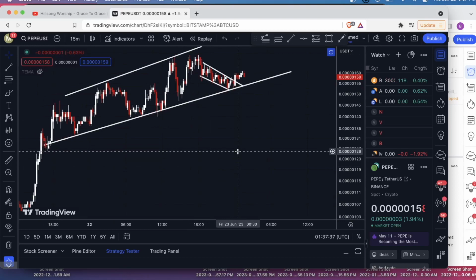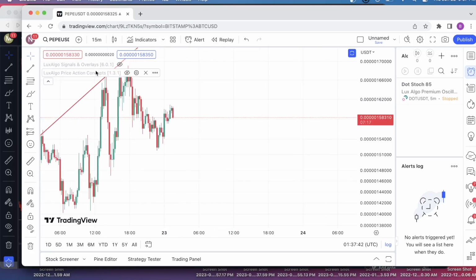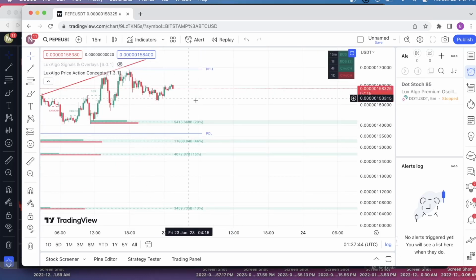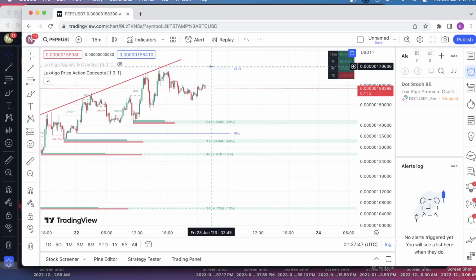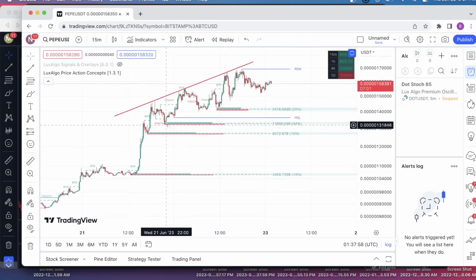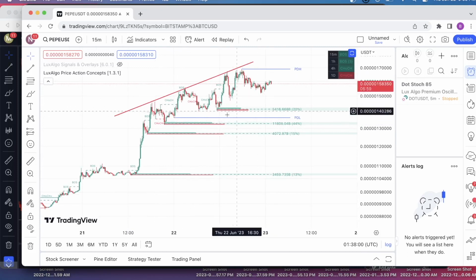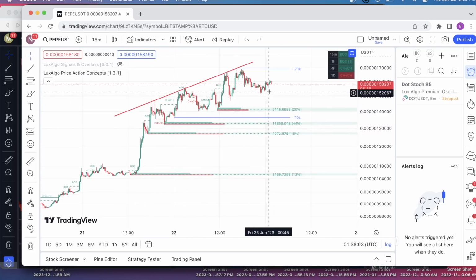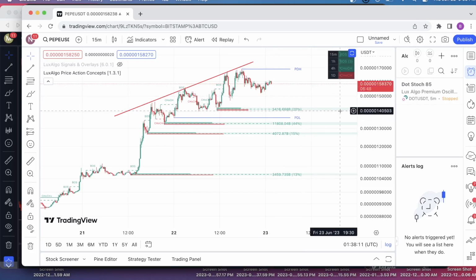Anyway, if you're interested in using the indicators that I have on this chart, well, let me look at the price action concepts. This will show us the previous day high, it's right here. So if the price comes back here, again, that could be a good short opportunity. And if we end up breaking this area, like I haven't drawn the trend line here, even if we get down to here, which is 142, a bunch of zeros, and then I guess the precise target would be